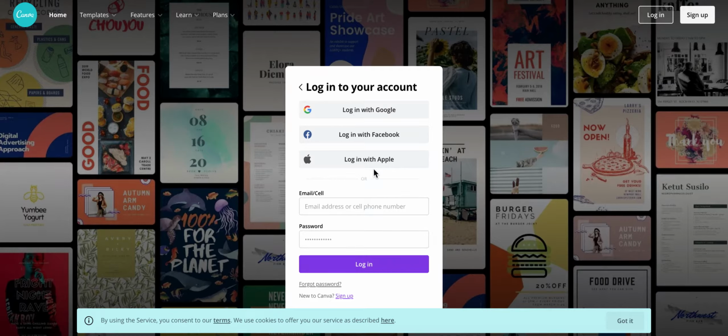Alright, so you have created your self-portrait and you've taken a clear, well-lit photograph of it to capture all the wonderful details you've included. And now we're going to get started with making it into a trading card. So the first thing you're going to want to do is go to Canva,